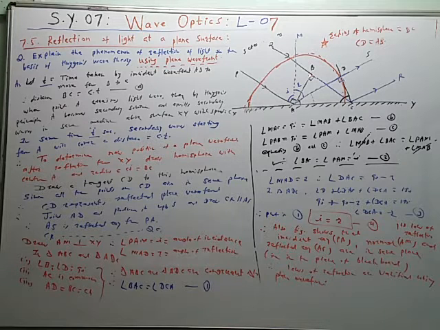Now when this plane wavefront touches the surface XY at point C, the secondary wave from A will cover some distance above the surface XY. So there are two types of wave. Primary waves are moving in this direction towards the surface XY. Secondary waves are moving away from the point A above the surface XY, but they are traveling in the same air medium, therefore they will have the same speed C, and therefore in the same time T seconds, the secondary wave will cover a distance CT.